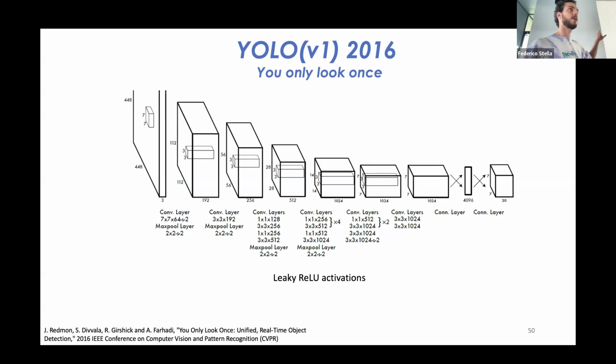So this is just a big convolution. It's basically similar to a VGG. It's called Darknet. They pre-train it on ImageNet. And then they remove the classification part, add these final layers, and then fine-tune all of this on this Pascal dataset for object